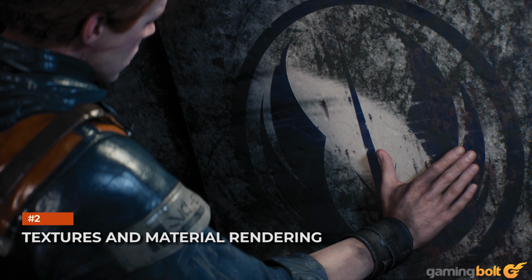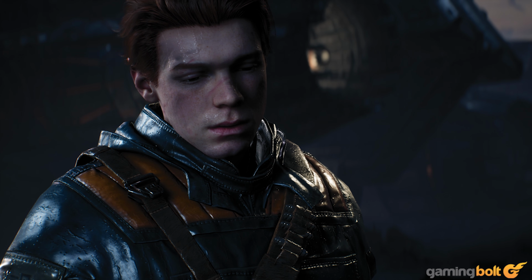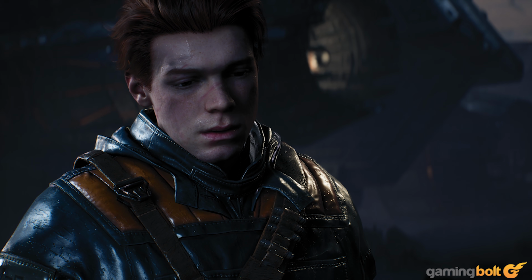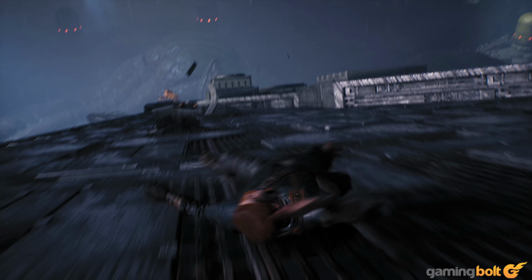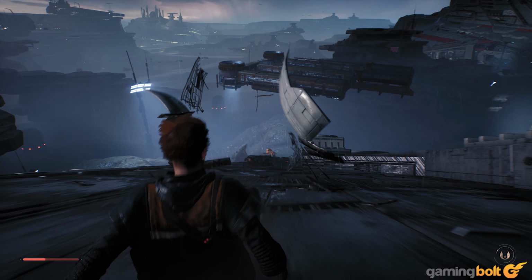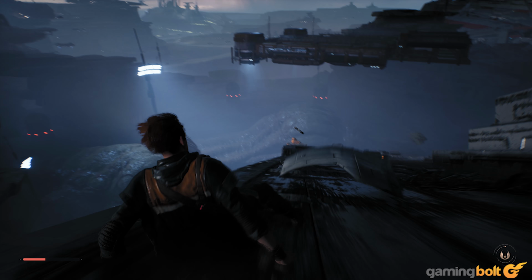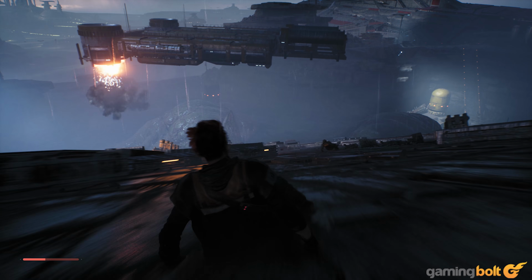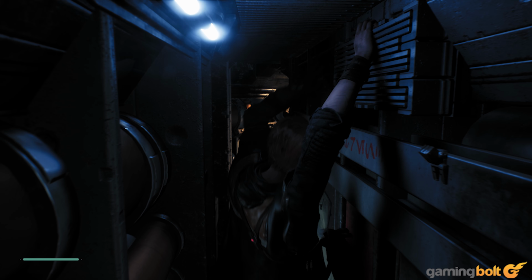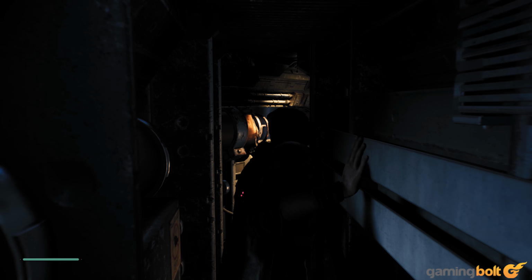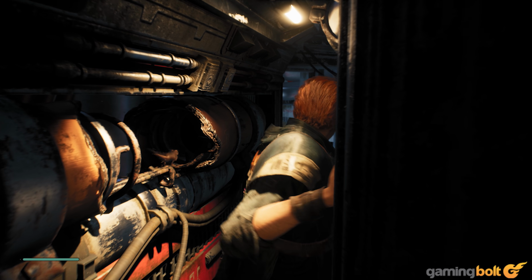Textures and material rendering. Texture work on Jedi Fallen Order is of a remarkably high quality. 4K assets are seen in use both for character textures and the environment. This leads to a large file size, though not quite on the same scale as Red Dead Redemption 2. While we don't have confirmation here, it's possible that Respawn leveraged DICE's Star Wars photogrammetry library for the texture work. Because those textures were scanned in from real Lucasfilm props,